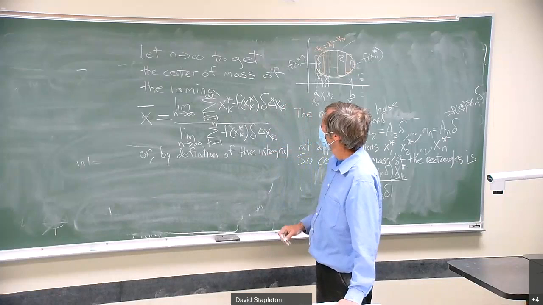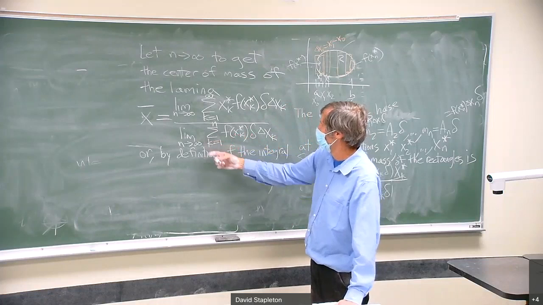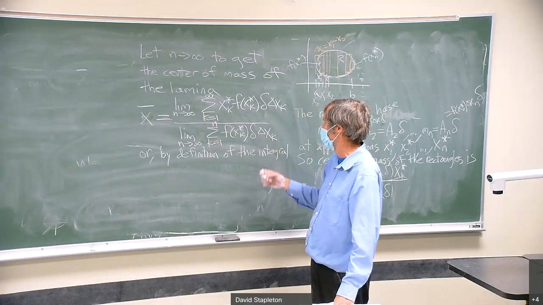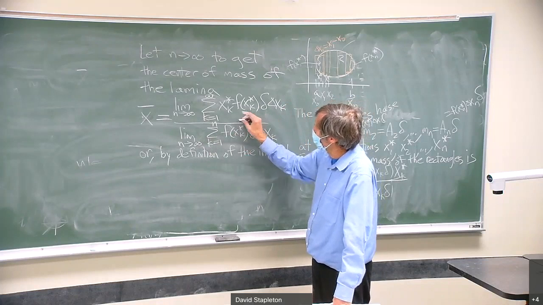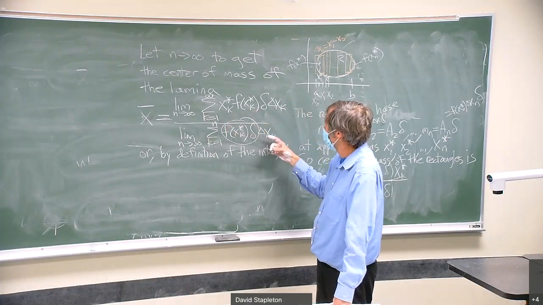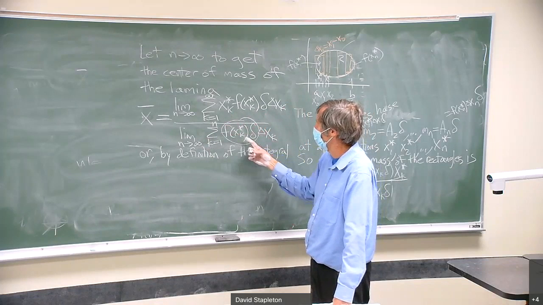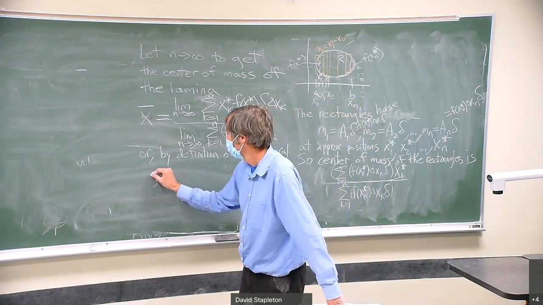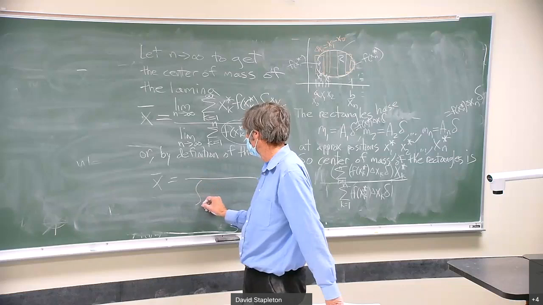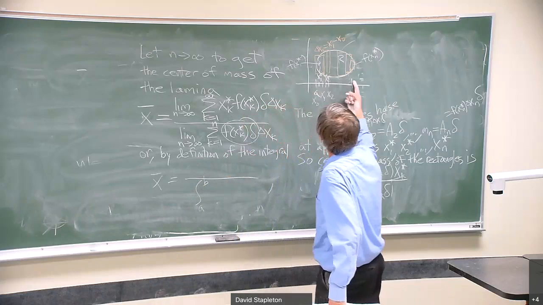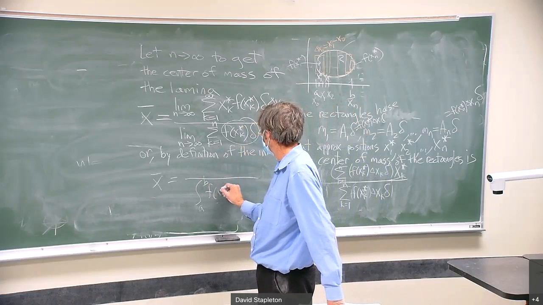What is this? If I take the bottom first, the delta can come out as a constant, but in practice, it could be a function of xk star, so I'll leave it in there. If I take the limit of the sum of a function of xk star times delta xk, what is that defined to be? That's defined to be the definite integral of this function. You put in x for this and dx for this, and you get the integral from a to b, where the lamina runs on the x-axis, of this with xk star replaced by x times